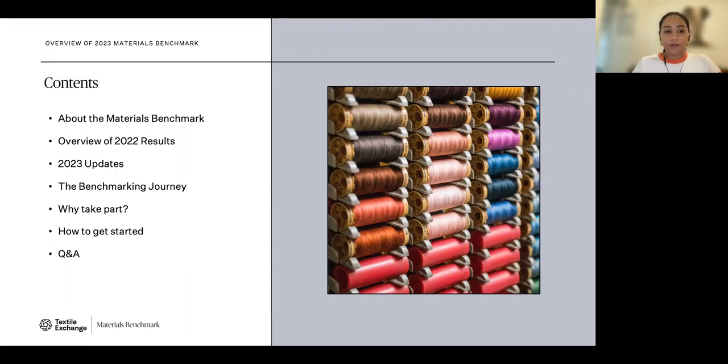So today we will begin with an introduction to the Materials Benchmark, then show a glimpse of an overview of the 2022 results that are out this week. Then we will move on to the latest and the greatest updates in 2023. What does it mean in terms of the benchmarking journey for participants? Why take part? How to get started?